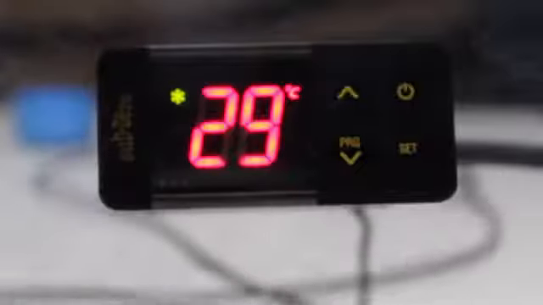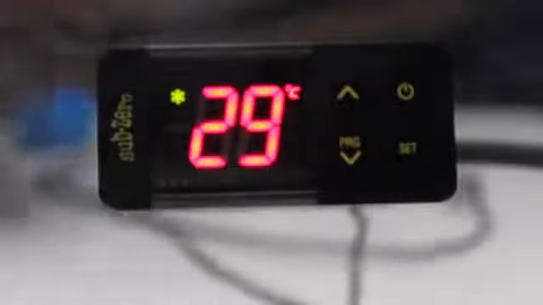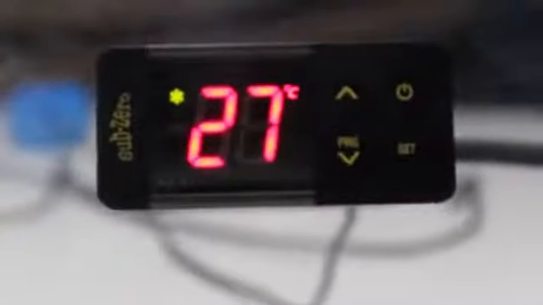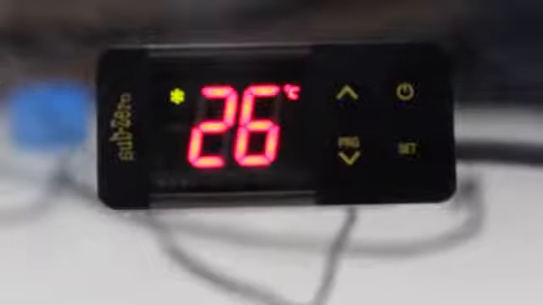Now we dip this NTC sensor into the water. The temperature decreases: 28, 27, 26, 25, and the compressor gets off because your set point is 25 degrees Celsius.